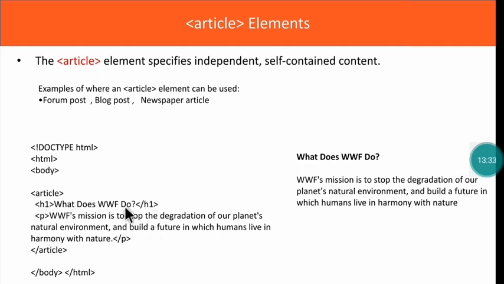Here also you can use a heading and a paragraph and then close the article tag. Once you close the article tag and run this program in the browser, you will get this output. So what does WWF do? This is the header given and this is the article written on that.